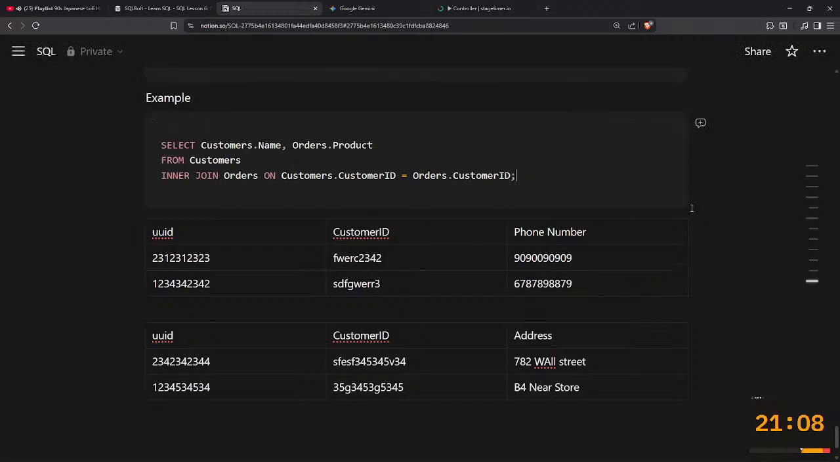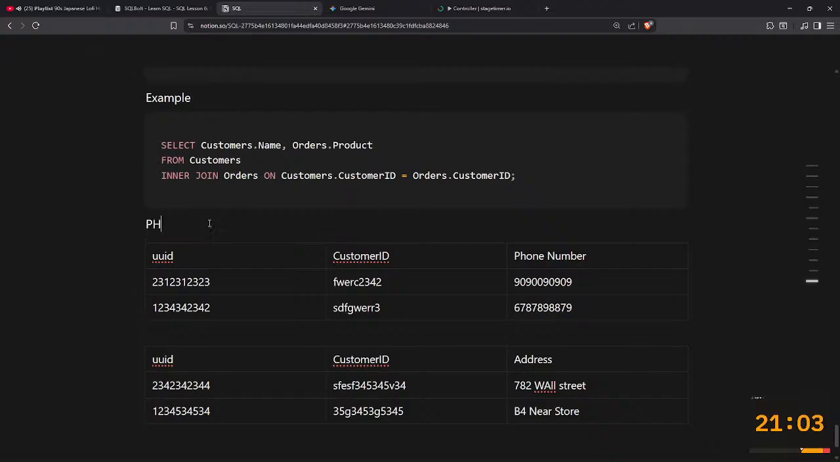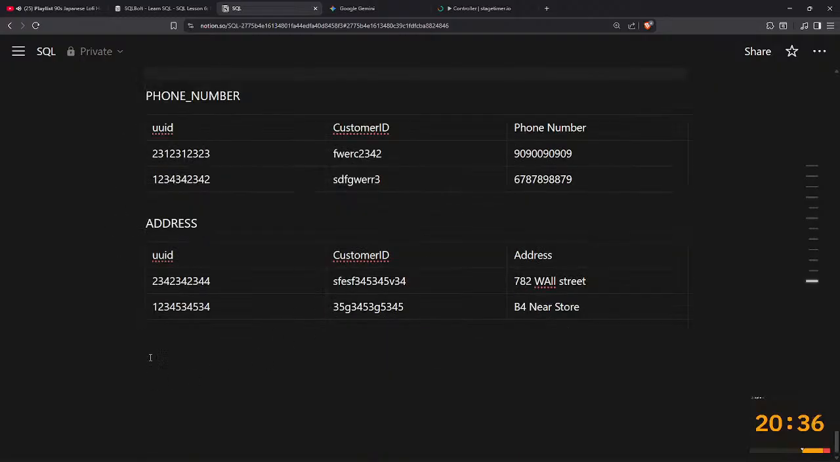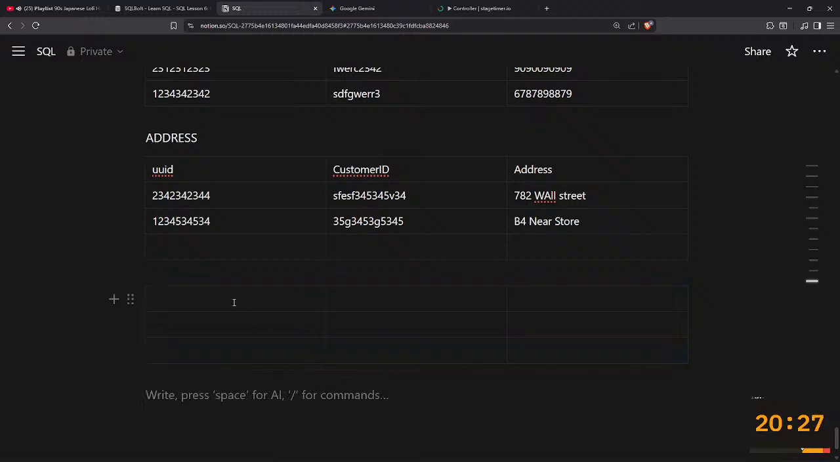Got two tables. This table is phone number, and the second one is address. So we are joining both tables, and our new table will be formed, which will be consisting of